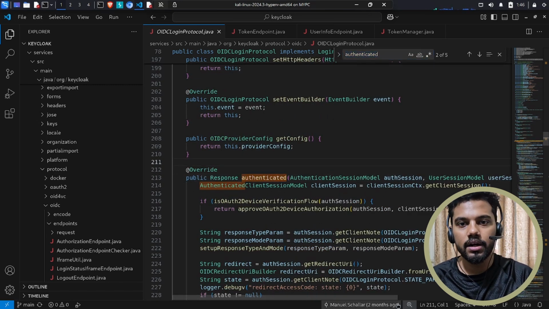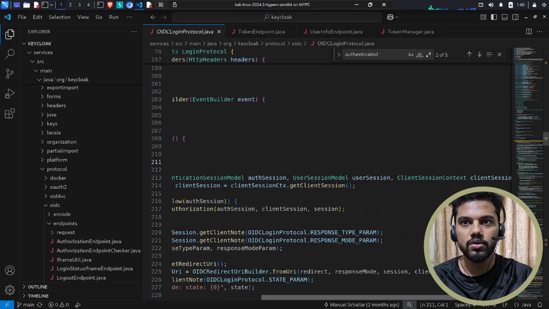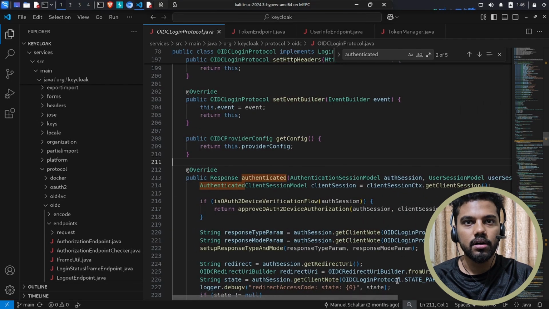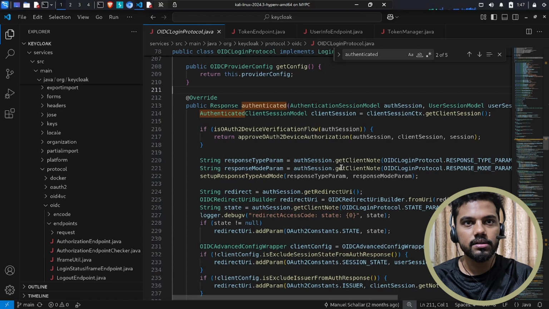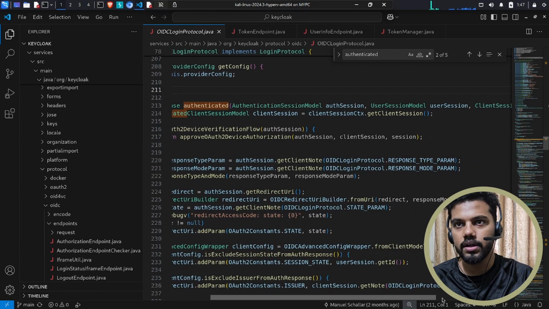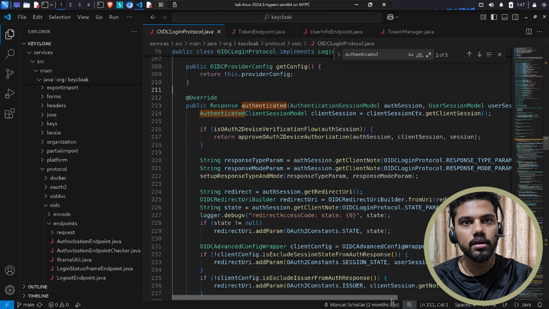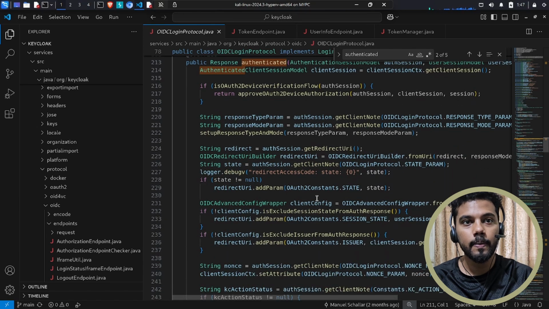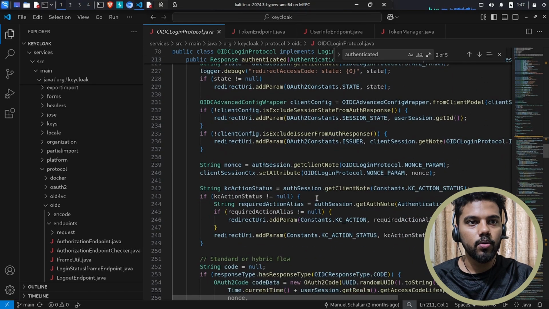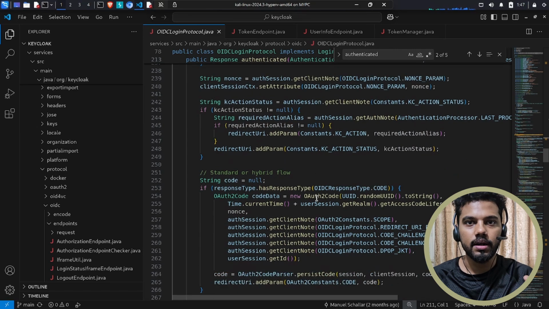So this is the actual one where the flow is the authentication session, the user session, will be the parameters here, and it is actually sending OIDC protocol response type parameters, and it's redirecting the UI here. So this is mainly the function that is handling